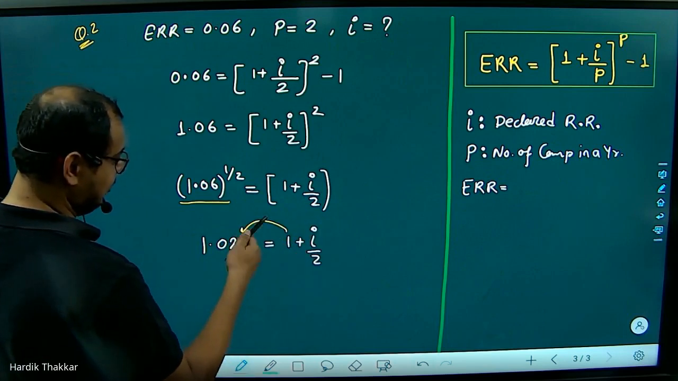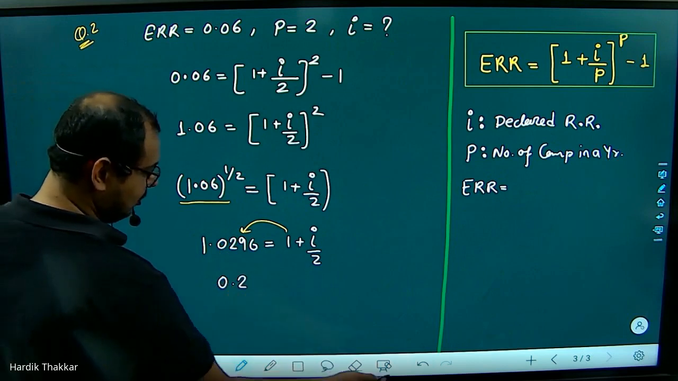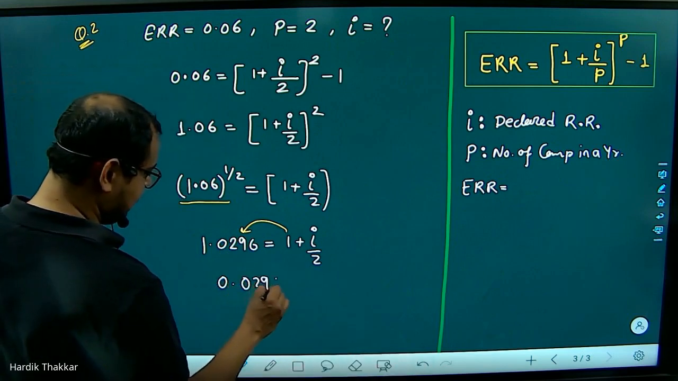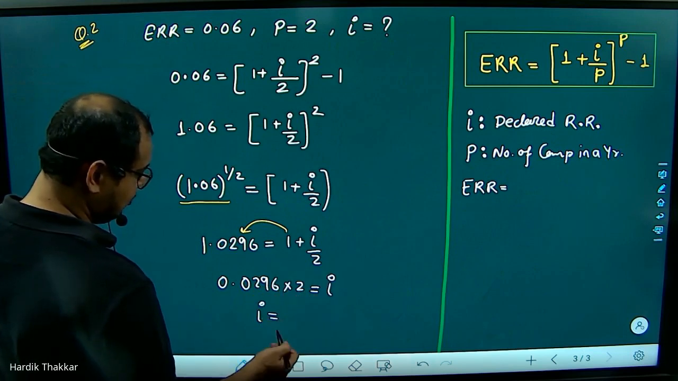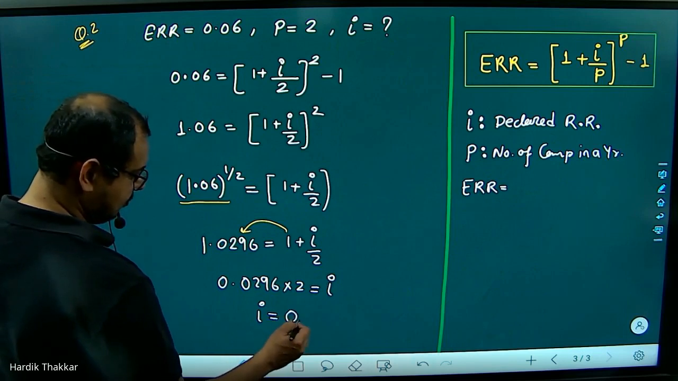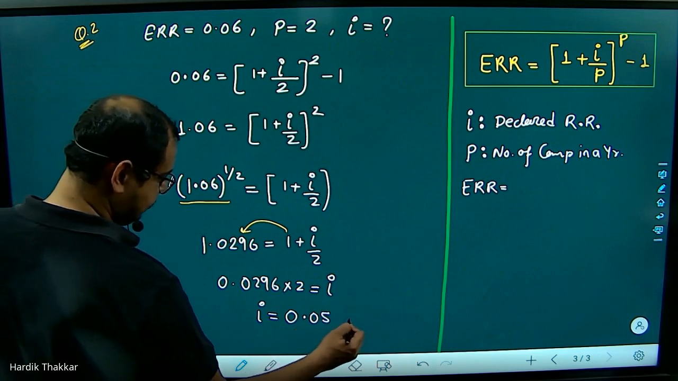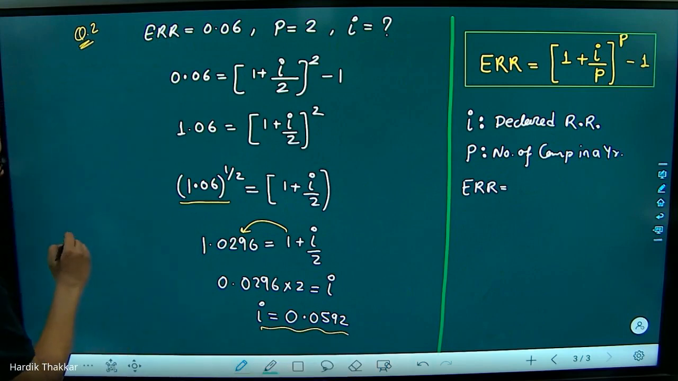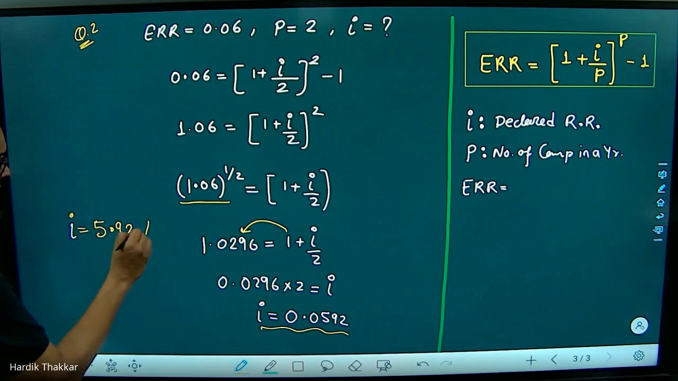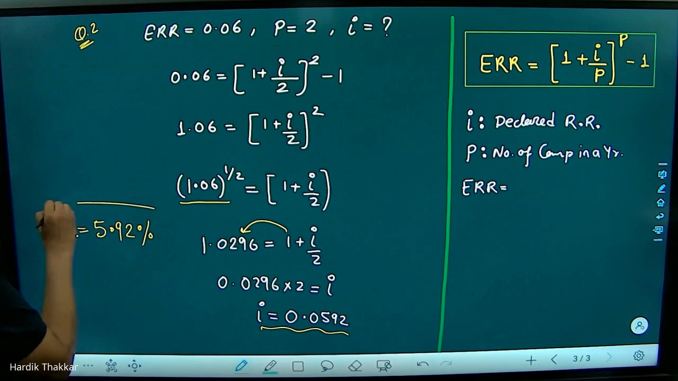ये 1 इधर से आएगा, ये माइनस होगा, तो 0.0296 इंटू 2 कर दो, यू विल गेट आई. सो आई इज इक्वल्स टू कितना आ रहा है? Yes. So in percentage, it is 5.92%. Okay. This is your stated or declared rate of return. Clear? आगे बढ़े नेक्स्ट क्वेश्चन पे।